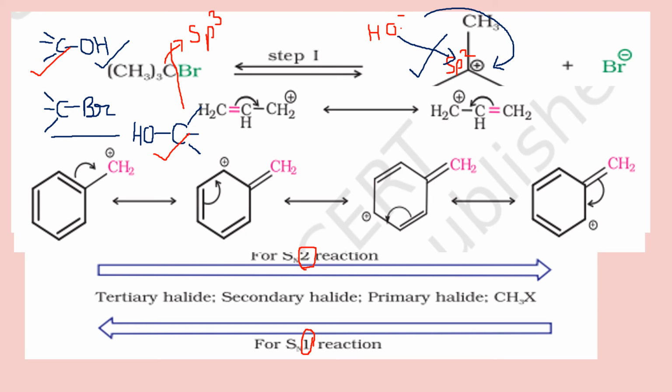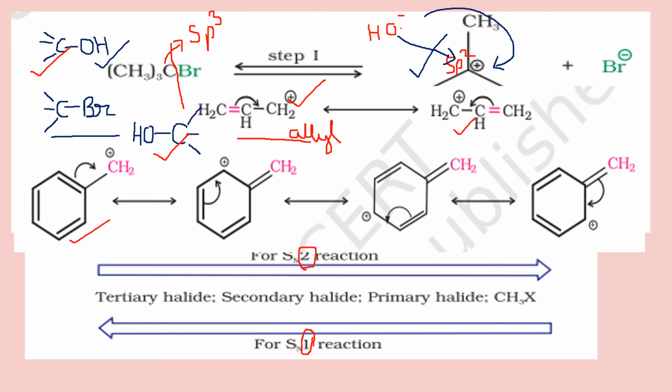And some very interesting carbocations are there. This is called allyl carbocation. Double bond, carbon is attached to a double bond. So the positive charge is on the carbon which is next to the double bond. Because of that, this one, which is called allyl carbocation, ALLYL, it is quite stable because there is resonance possible, as has been shown here with the help of arrows. So these two structures are possible. And in case of benzyl carbocation also, the resonance is possible.